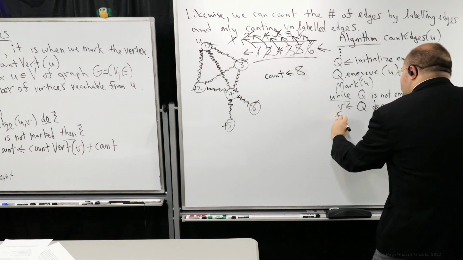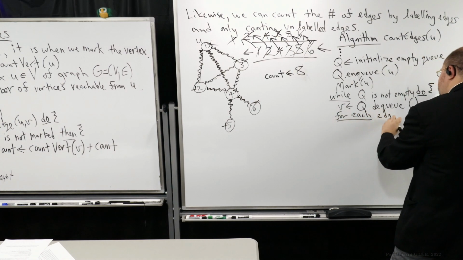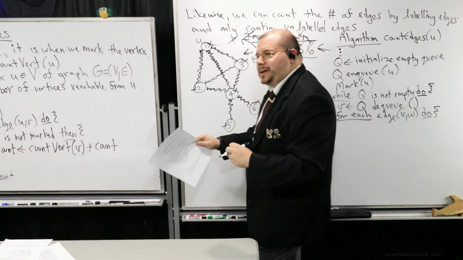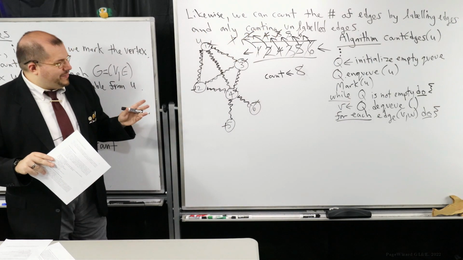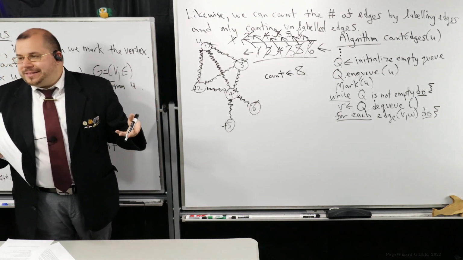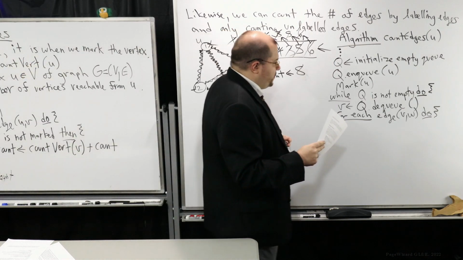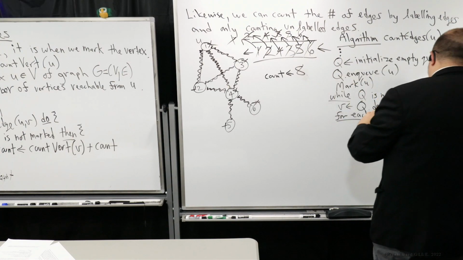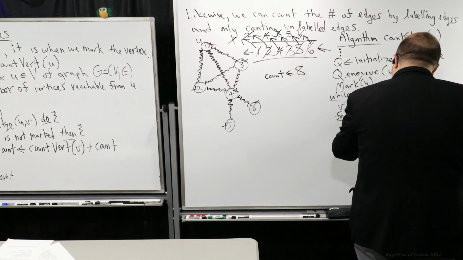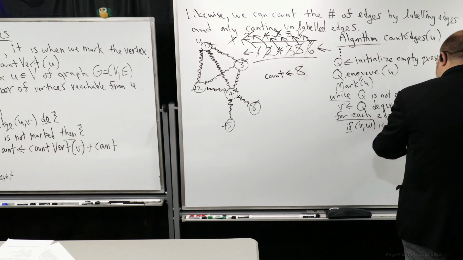And then we go through our incident edges. So for each edge VW, we're going to do as follows. Now, we have to be a bit careful here because remember, we're trying to count the edges. As I said previously, we're just going to allow it to still continue to mark vertices, which I think will be a good idea for us if we want to maintain the same time complexities, as I'm going to mention in a moment. We're going to check if that edge is not labeled, because we don't really care about it if it is. If VW is not labeled,